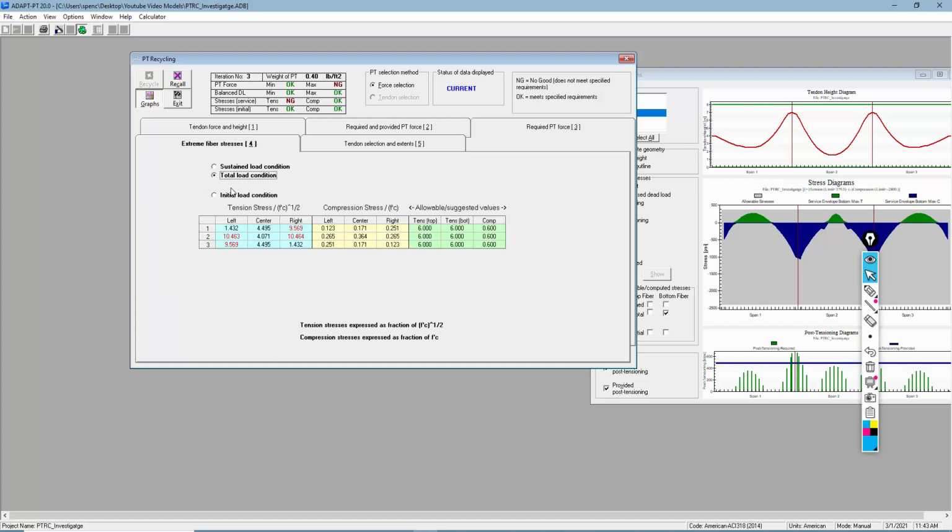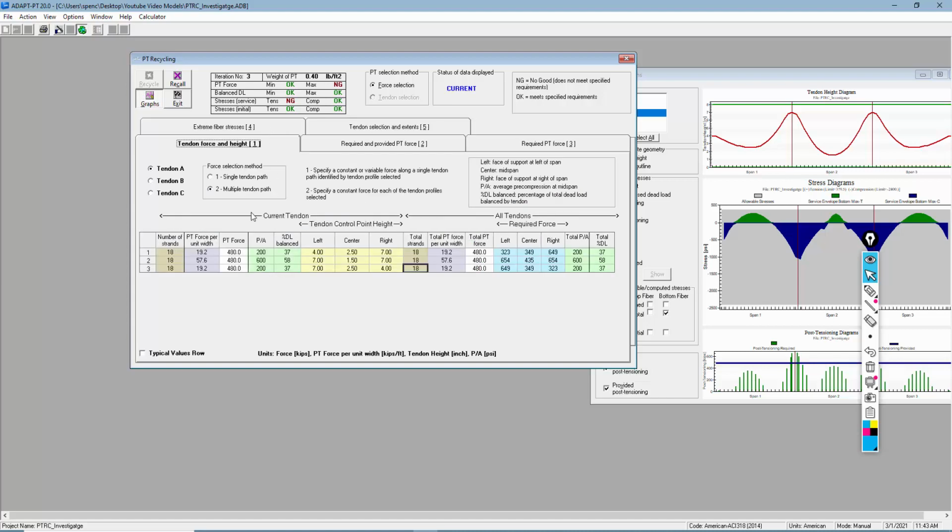my stress doesn't work. I'm actually overstressed. The allowable is 6 square root of f prime c, but this is telling me my stress is 10.5. So this might be useful information for the user to say, oh, with only 18 tendons per this modification to the geometry, my stress is too high. Also, that would also be impacted by the loading that we've input. And also the P over A is really high. It's 600 psi because I've now produced 2 penetrations in my slab, and I've taken away some of that concrete that's currently in the slab. So